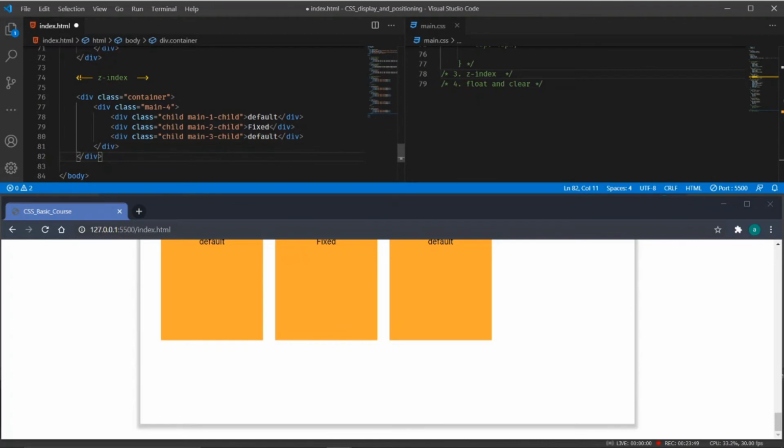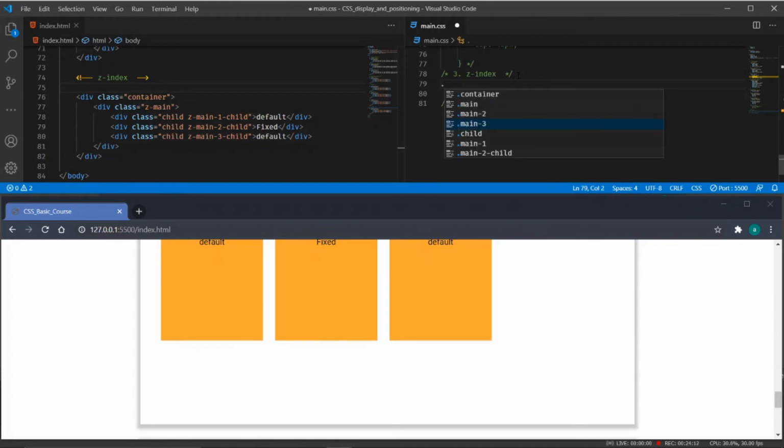I will give it a zmin container class, just to differentiate it, and for the z-index I will have the z main and the z main first child